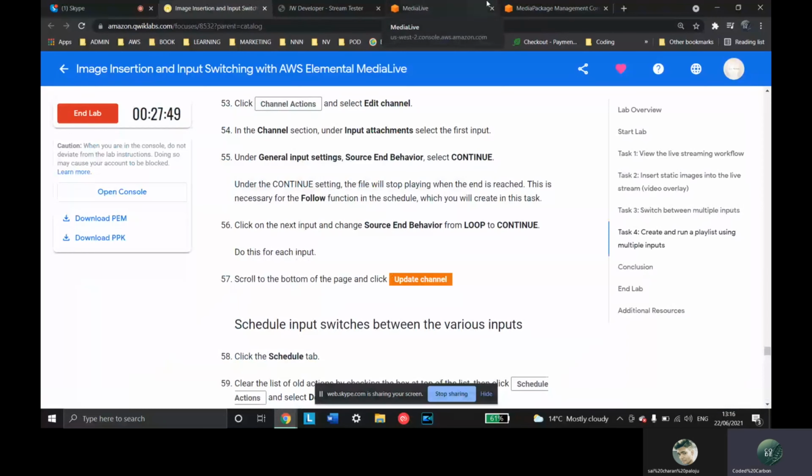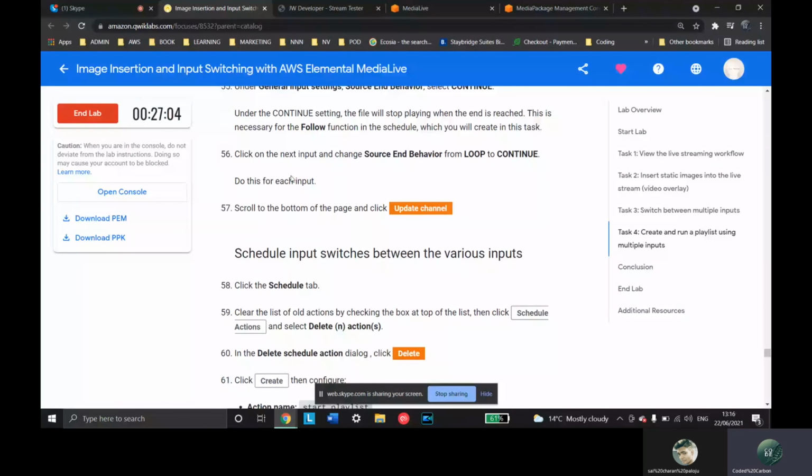So here's our general source and behavior. I'm going to put continue. Under the continue setting, the file will start playing when the end is reached. This is necessary for the follow function in the schedule which we're going to create. So we're going to click on each input and change the source and behavior